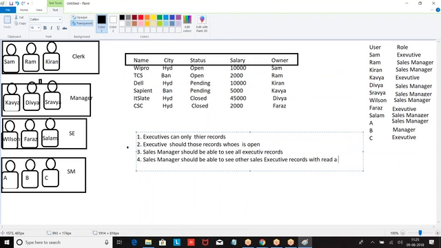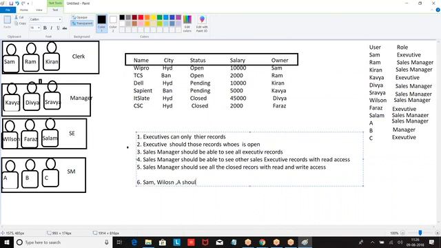Data access. Sales managers should see all closed records. Shyam, Wilson, A should perform read, edit, delete.